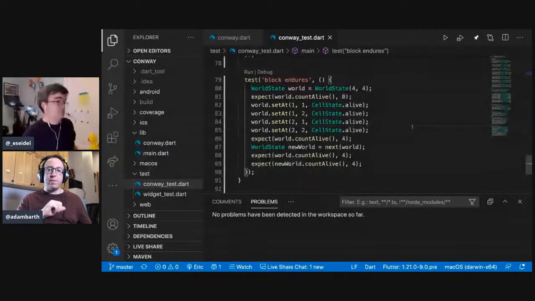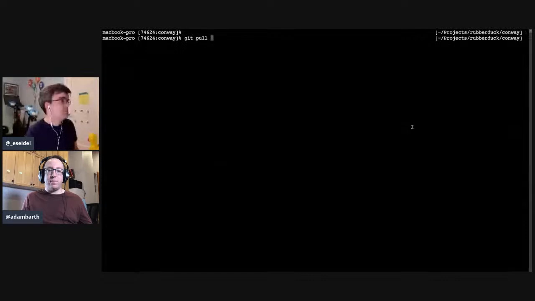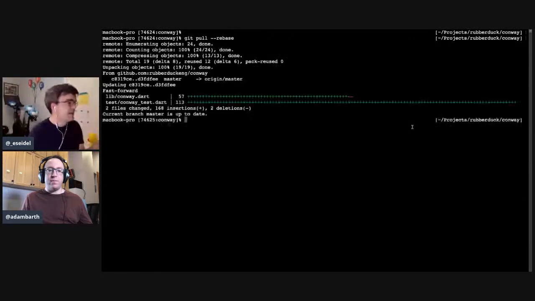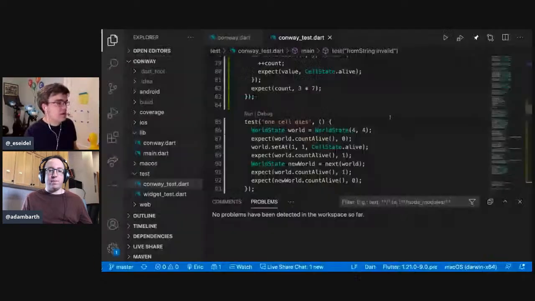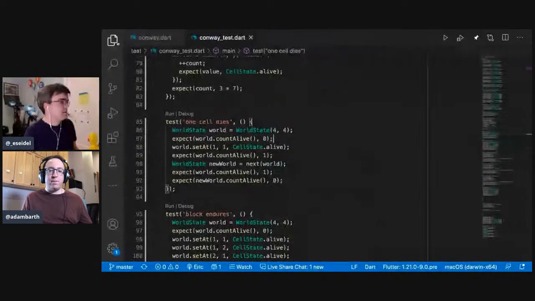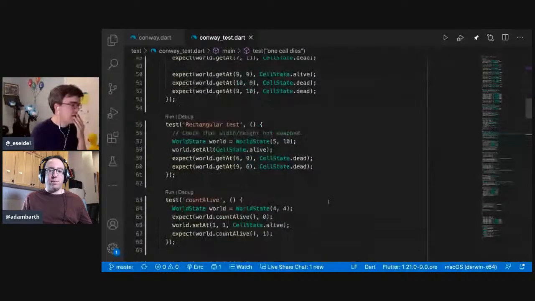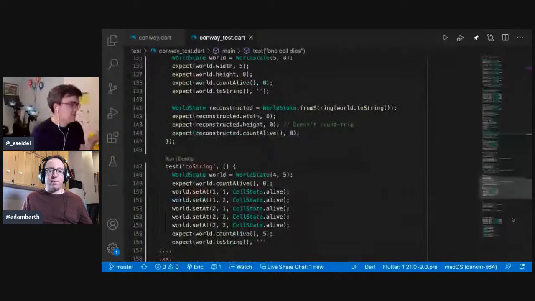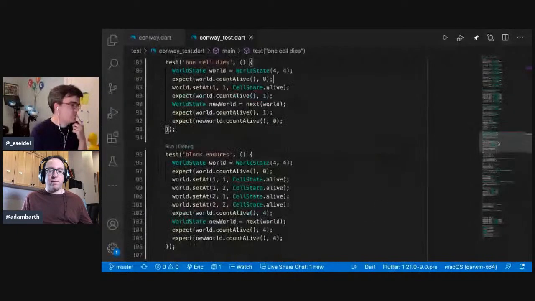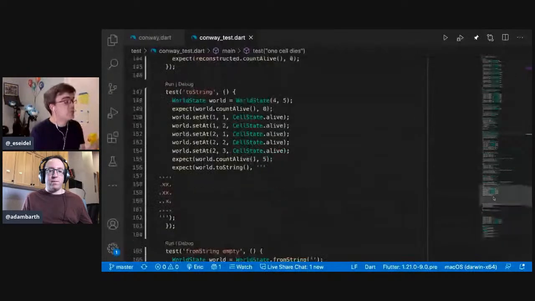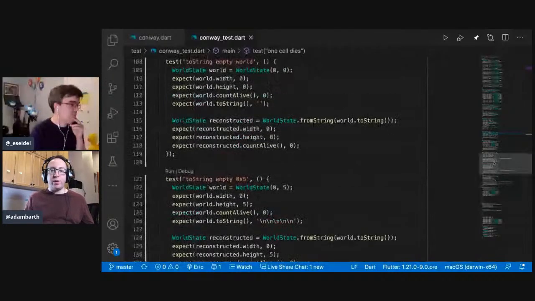Okay, makes total sense to me. Let me pull. The rebase is out of habit, we don't need it here. And then if I tidy up our display a little bit, we should see that we have your tests here. Yep, there they are. So your suggestion is we would just use this to add more, or did you want to go back and edit the box example? Let's just try and add the next one and see.